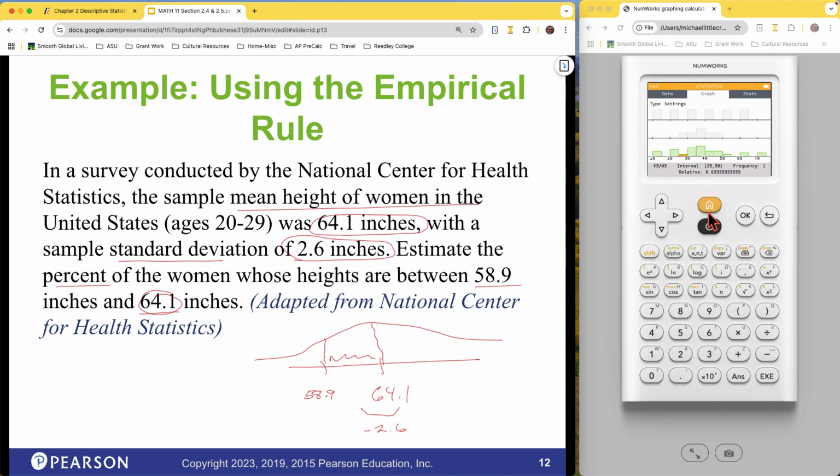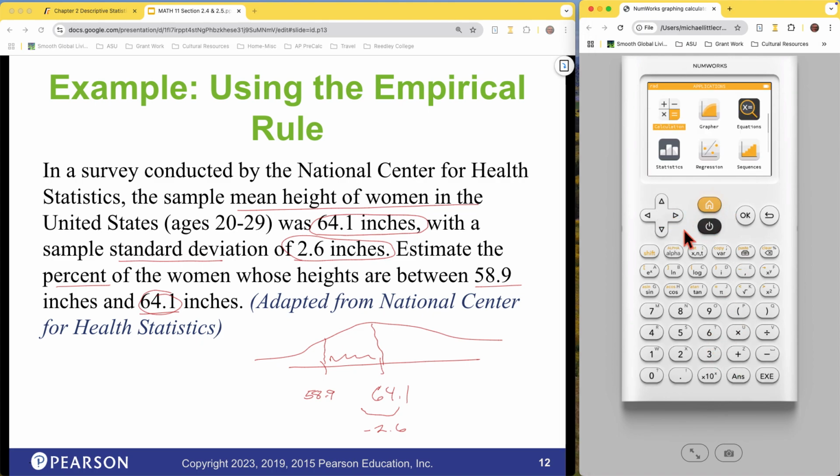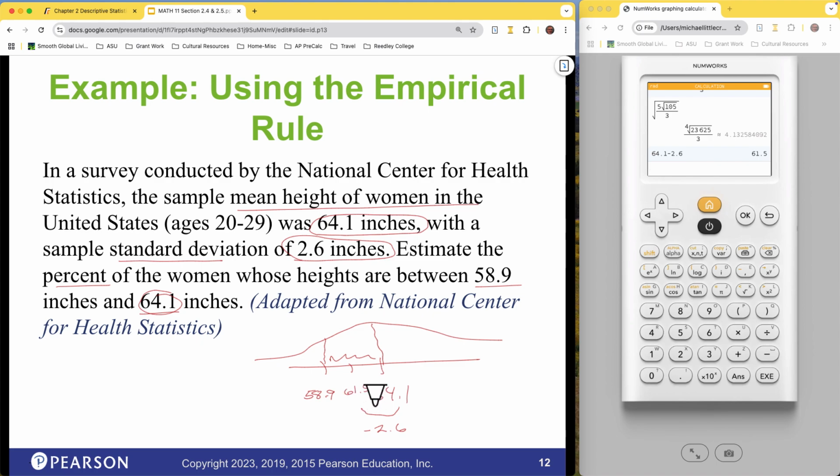Let's just come back here. 64.1. It's easier to add than it is to subtract for me. So 2.6, because I might mess it up, 61.5. So 1 standard deviation would have been 61.5. Let's subtract the standard deviation again. So minus 2.6, and we're at 58.9. So 58.9